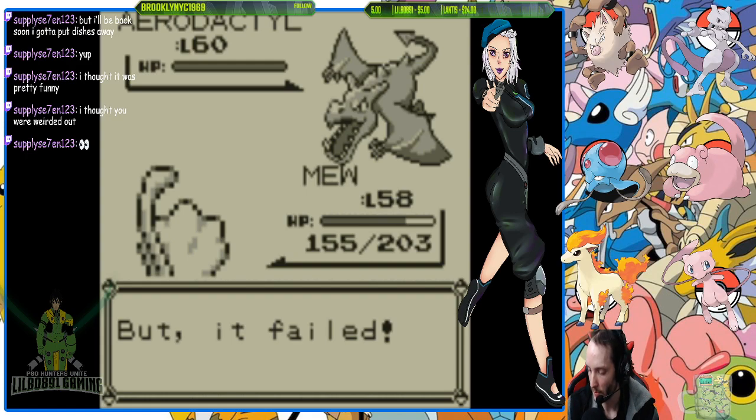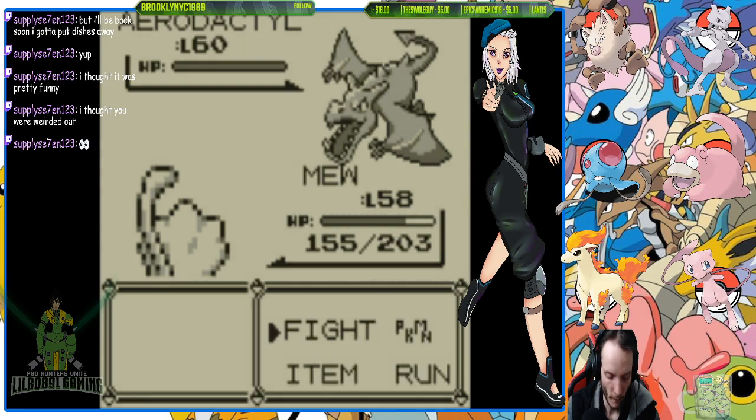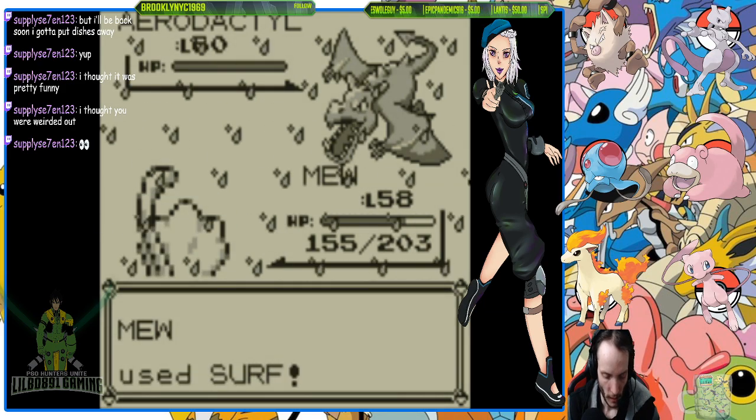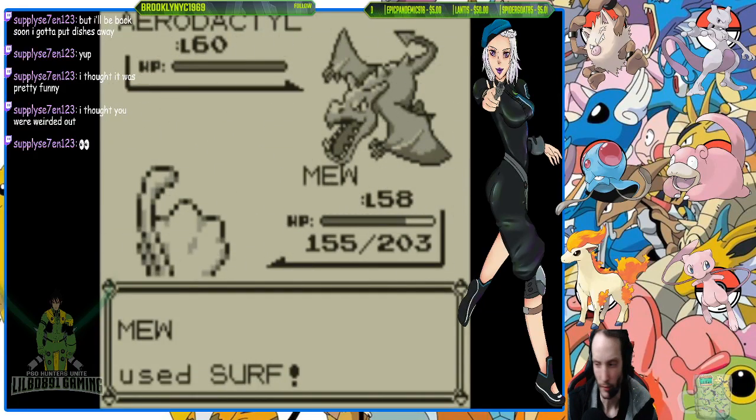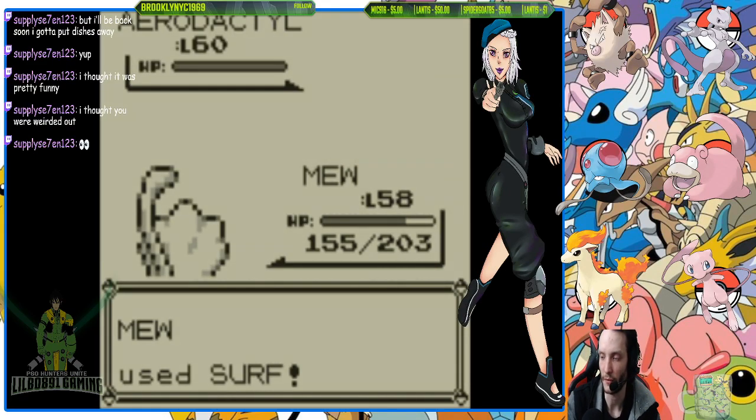Definitely lower level than I was expecting, because I skipped a good chunk of trainers to get to Fuchsia as fast as possible, because I wanted to get Surf ASAP. Okay, I can make it back. It's not like Koga is going to be that difficult.